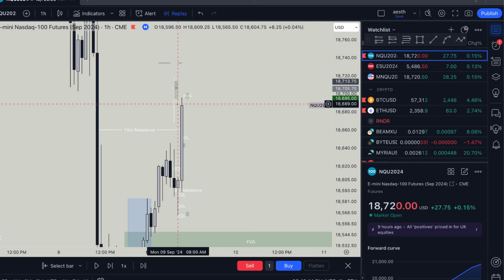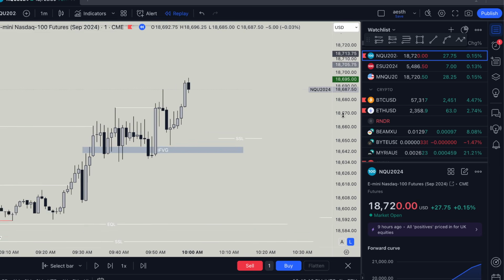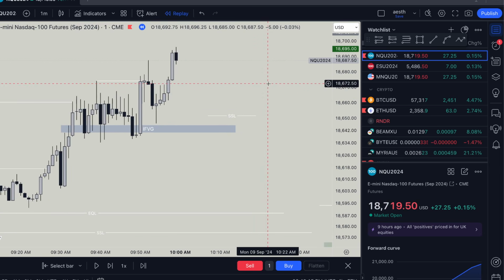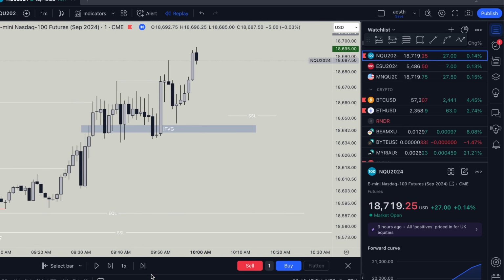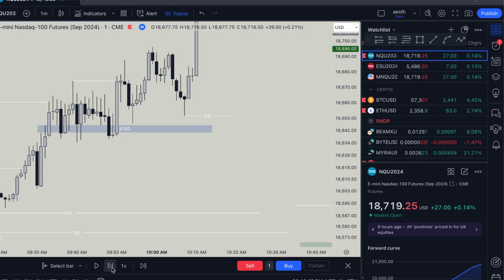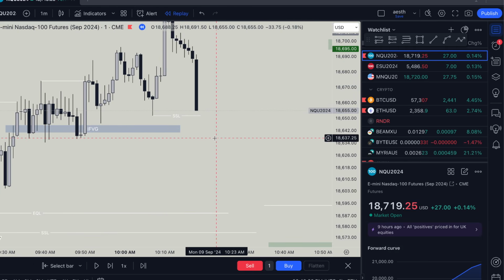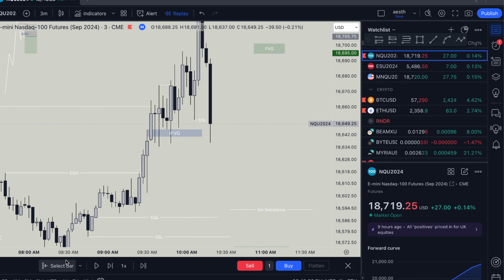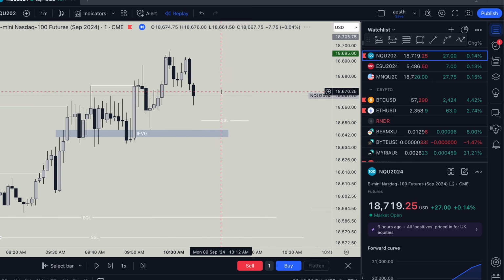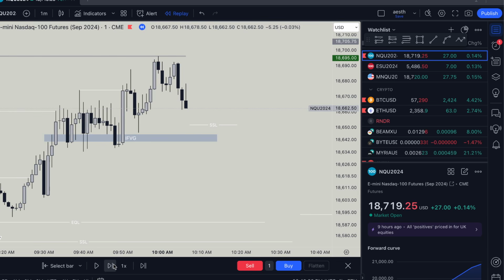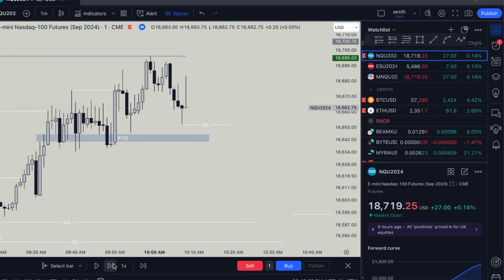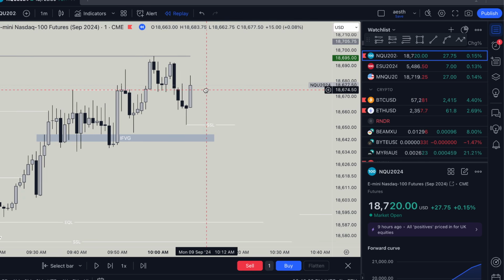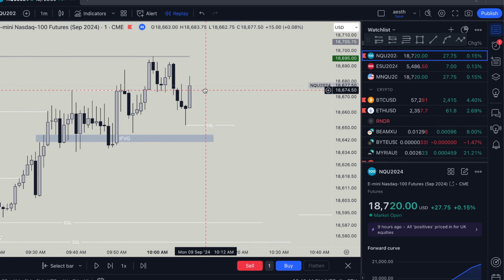ES hadn't hit that hourly unfilled, and it was very clearly drawing towards it slowly. And so a lot of people are getting manipulated out of this 3 minute because they want to enter before ES even reaches the hourly fair value gap. And so ES reaches it, I believe it was this candle right here. And you just got to be careful because ES still hasn't reacted to hitting it.